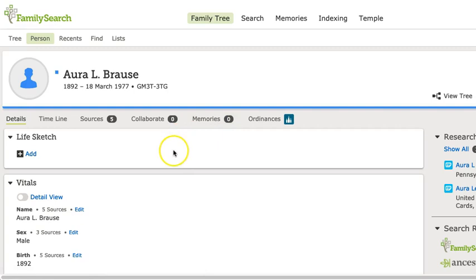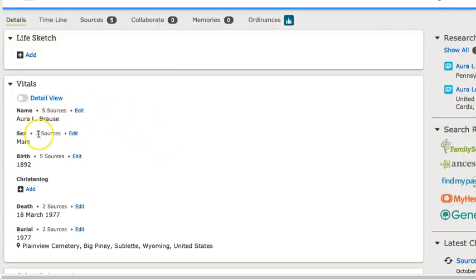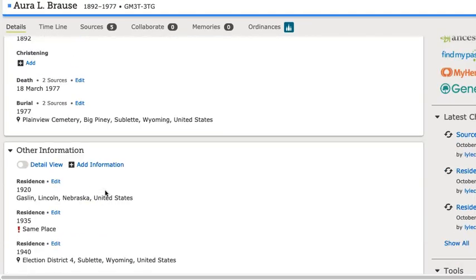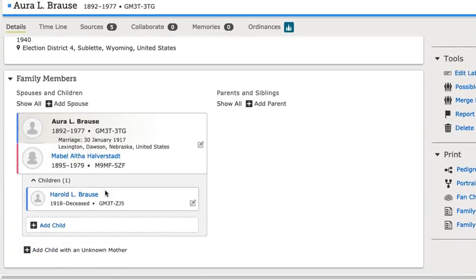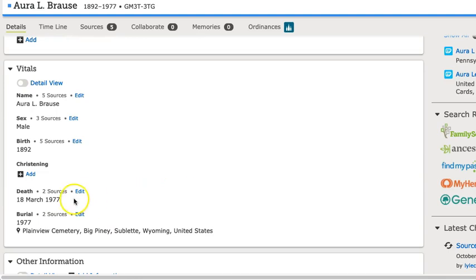So I conduct a real quick overview of what I have already available and what's missing. And the key is to say what is missing. As I look at his vital information, there's no birthplace and there's no death place, and the birth date's pretty inadequate. I come on down a little bit further to the family members, and I notice that I have a good marriage date, and I have a spouse, I have 1 child, and I have no parents. So in my mind, I'm thinking I want to find parents, see if he has any other children, and I want to see if I can find a death place and a birthplace,